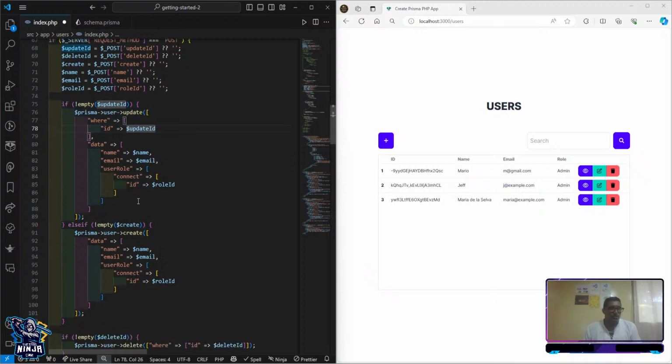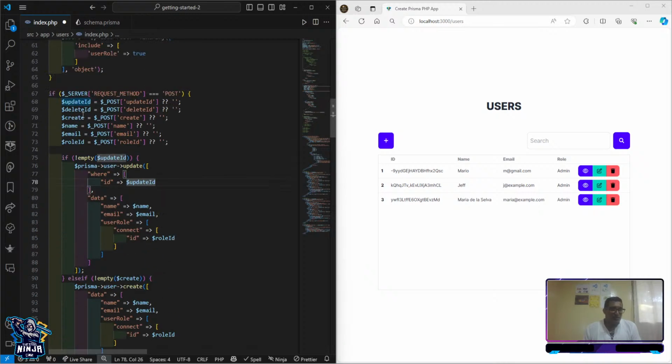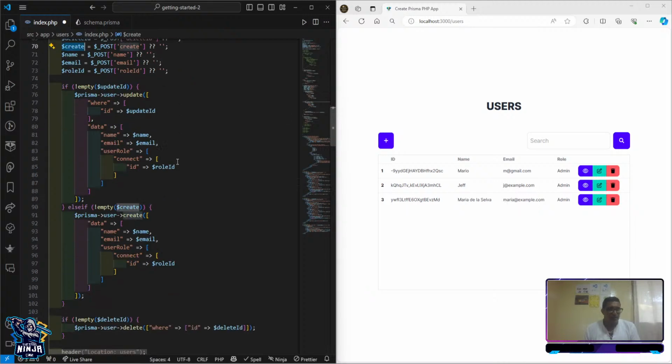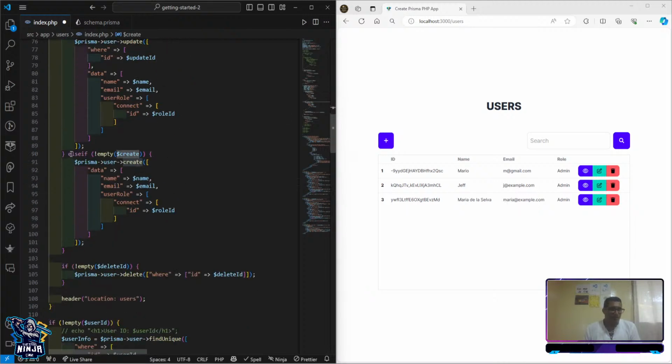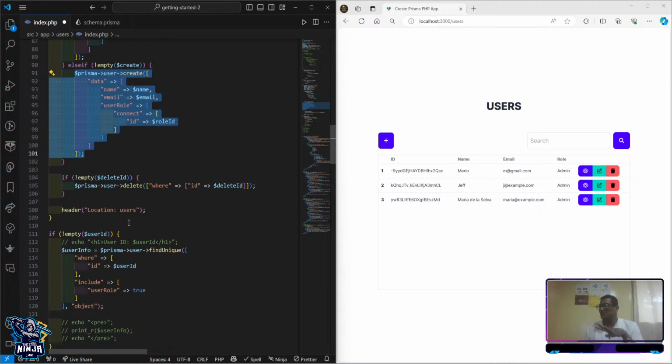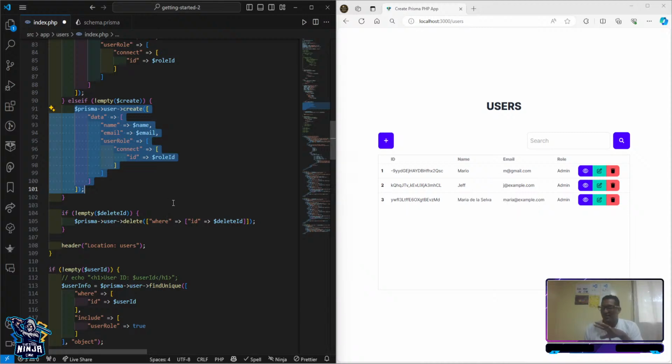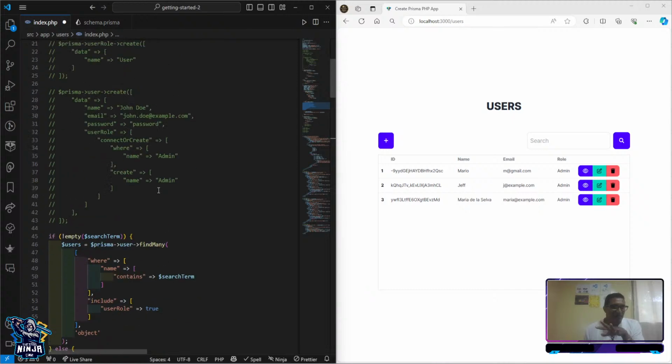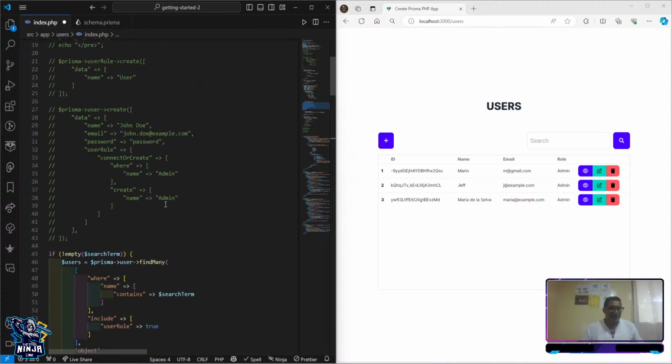So what I'm going to do is ask for the next request: is create set or not empty? It's going to say yes, then you're going to get in here. As you can see, it is as simple as that. Easy. You set up your CRUD in only one section. You don't need to have any other section. But you're going to see in a little while, when we have finished explaining,